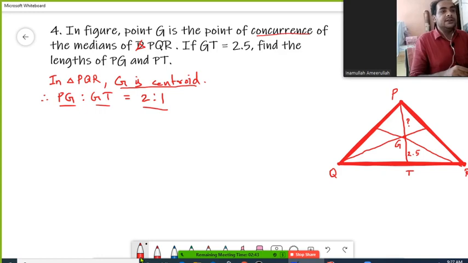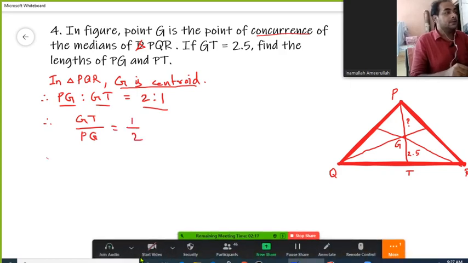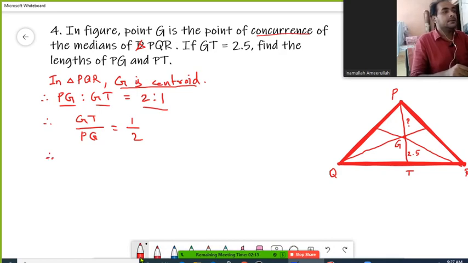If PG and GT are in the ratio of 2:1, then here I can say GT upon PG is equal to 1 upon 2, since this GT is already given 2.5 and PG we need to calculate. Look at this, the length of PG we need to calculate. So here we can write PG